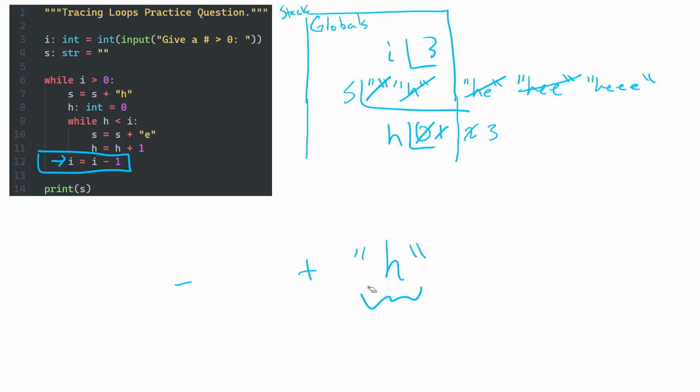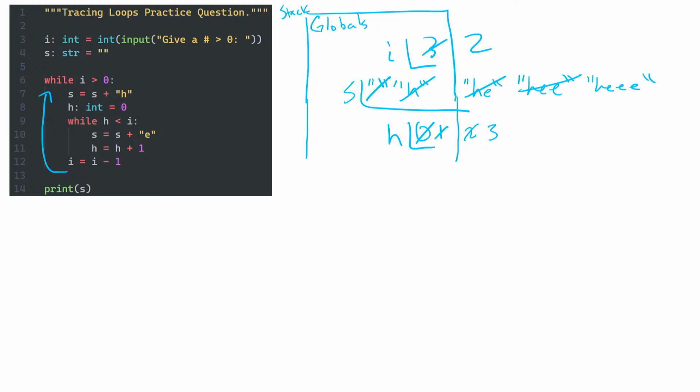All right. So let's continue on. And here we're saying take i's current value and subtract 1 from it. So i's current value is 3. It drops down to 2. And we go back up. We reach the end of that while loop, and we go back up to the top of that while loop, and we have to ask ourselves, is i greater than 0?